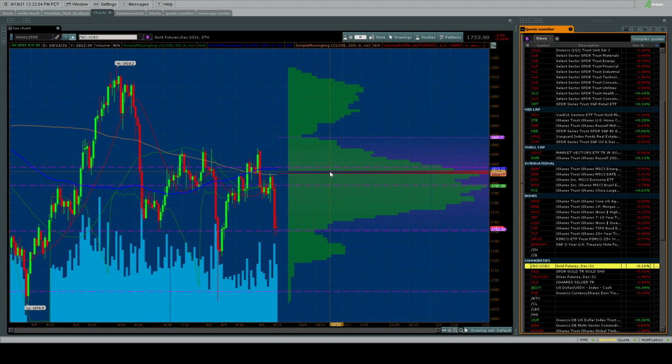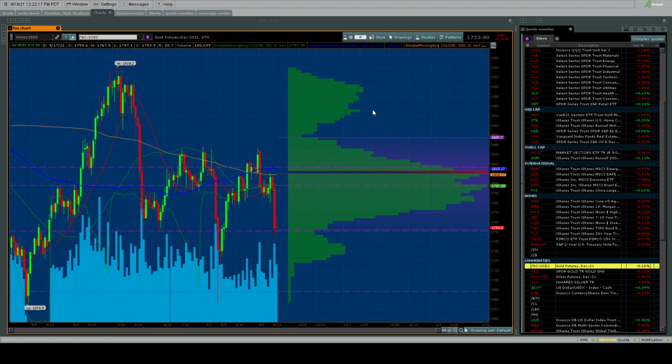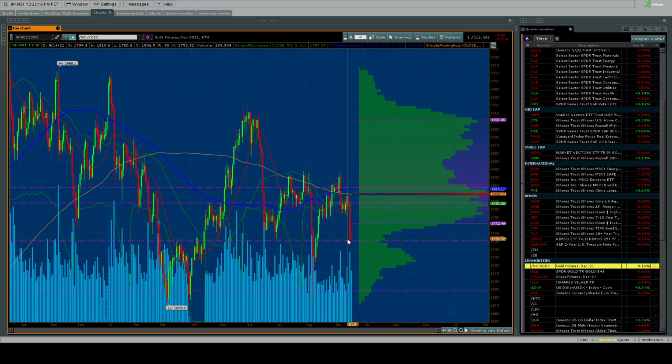You can see, as we've talked about before, every time it gets up to this 1800, 1820 range, and everyone gets super bullish, okay, this is a big breakout, and sellers come in and slam it down. And what does that mean? It means that right now, the next direction for gold, unless we find buyers here at 1753, which it has